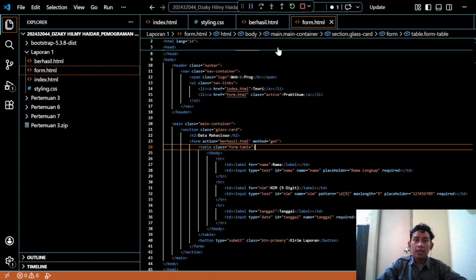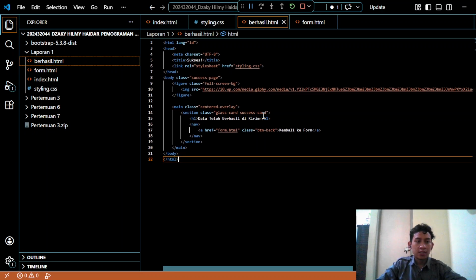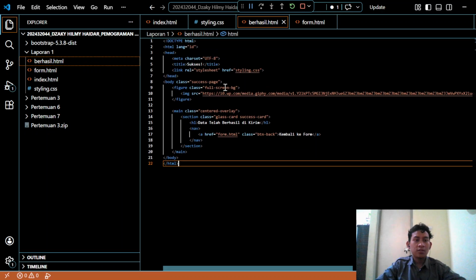Alright, and then we move into the third section, the success page HTML. It serves as the system feedback layer. After a successful submission, the user is redirected here to receive confirmation. To make this page engaging, I use a figure tag to wrap a full screen